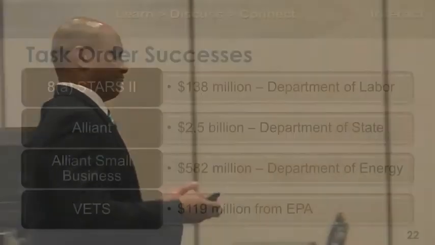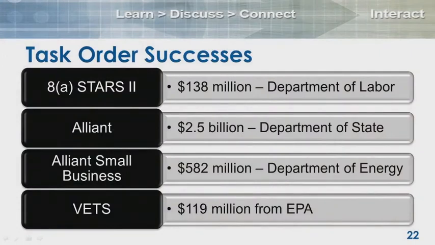We can do things such as, some people call them RFIs, we call them capability statement requests. If you want to see if our industry partners have the capability to do it, let me know. I'll put a survey together, I'll keep your name off of it, I'll ask the questions that you want to ask, and I'll send it to our industry partners. Say, give me a week. Give me a week, I'll put a bow on it, send you back the report that says 40% of our industry partners say they can do this, this, this, and this. Okay? So keep that in mind. Those are the type of services that we provide and ways I can help you.